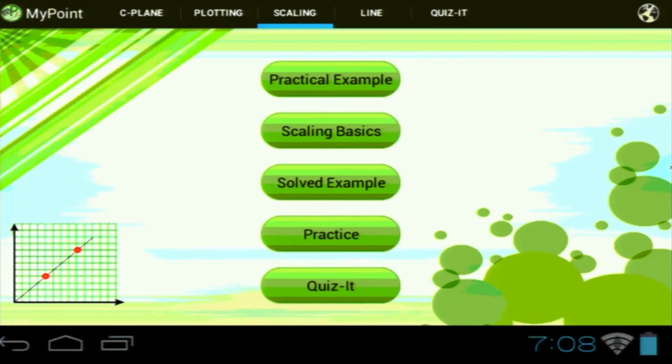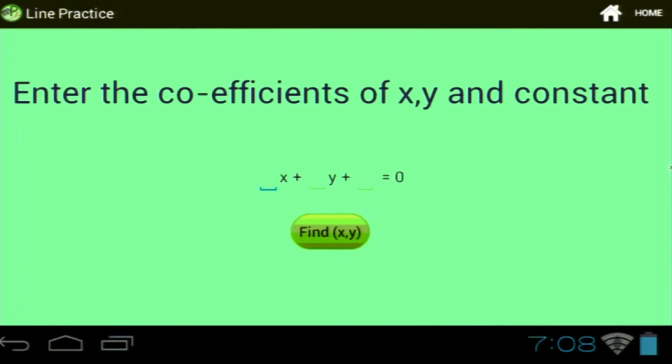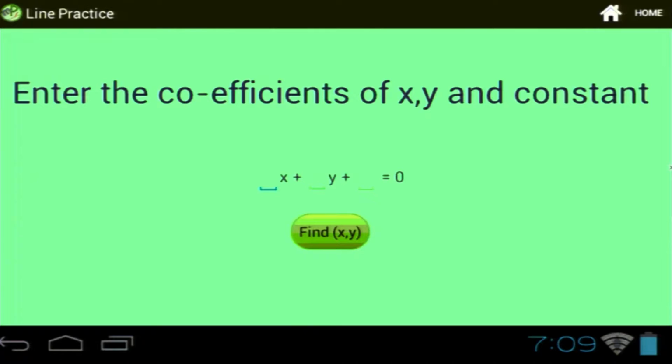After scaling, we have line. In line, the practice module has basically a blank equation of the form ax plus by plus c equals 0. The reason we did this is because while developing content, we observed that textbooks have very few examples. They just have 1 or 2 examples explaining how to plot points, how to draw lines. So here the student can enter the equation of any line he wants,